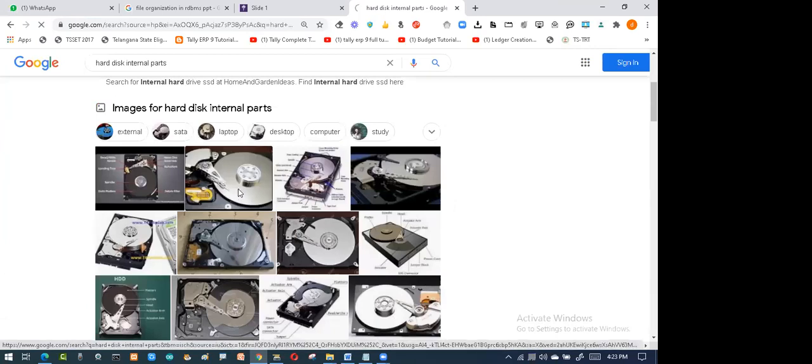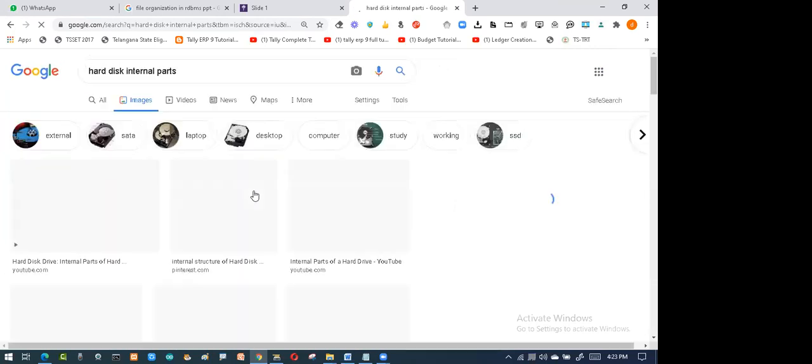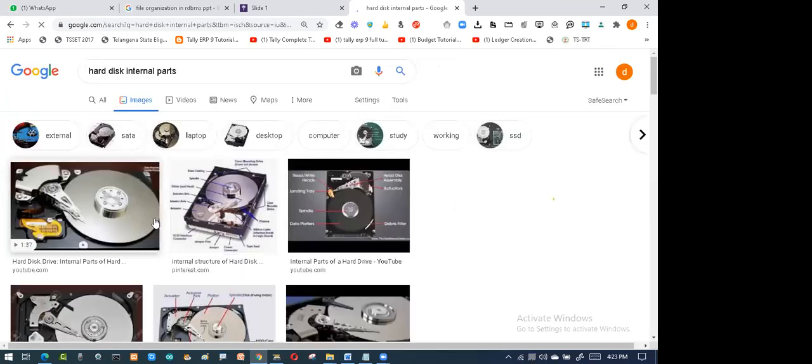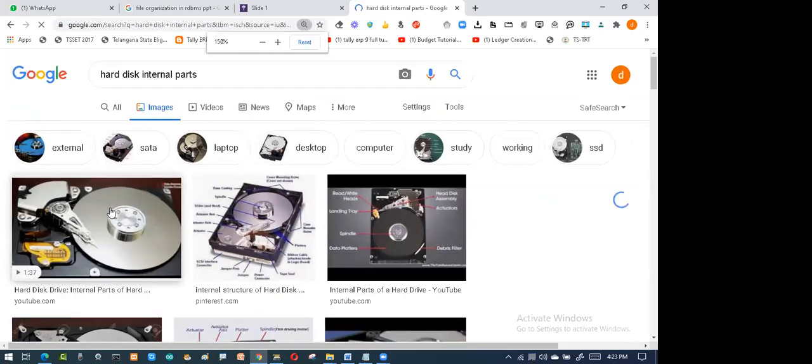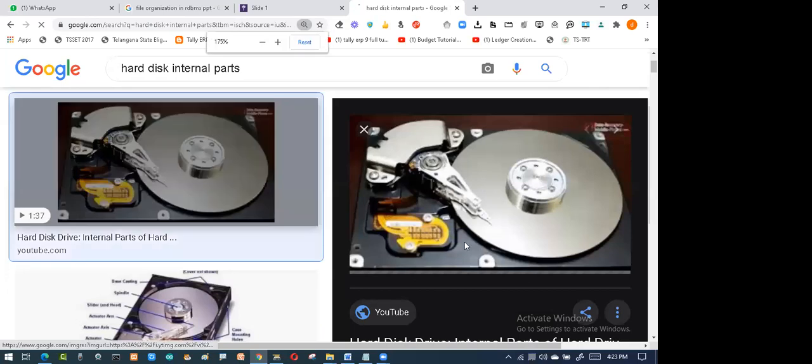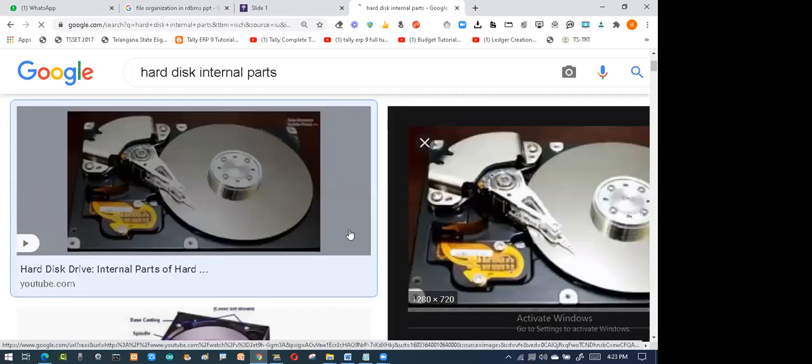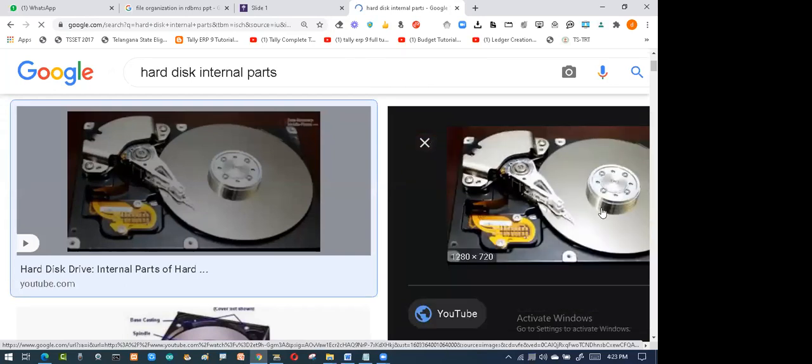If you see this picture, here is a round plate, which is going to help you write the data. Can you see the screen? Yes, it is very clear. This is the old-fashioned one, and the big plate is the latest trend, built from that model. You can see a small pin here, which helps you read and store the data on this hard disk.